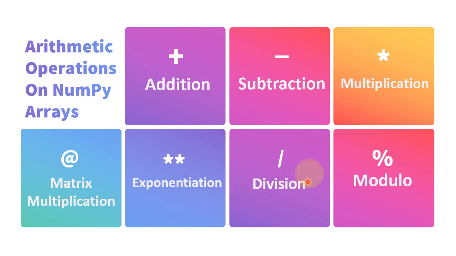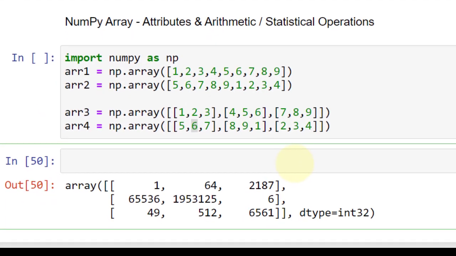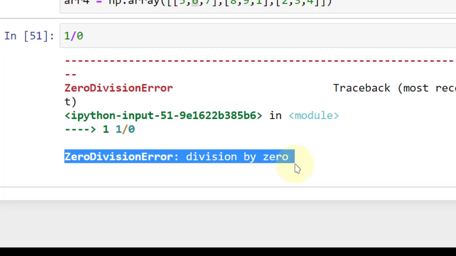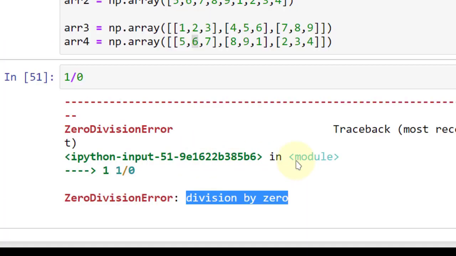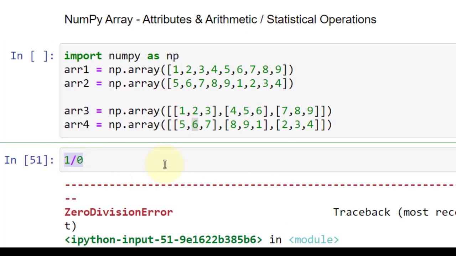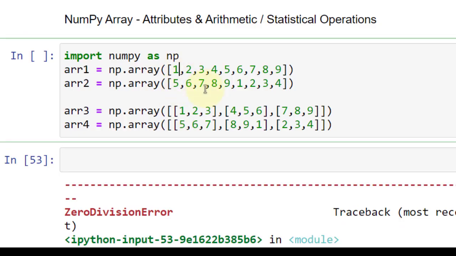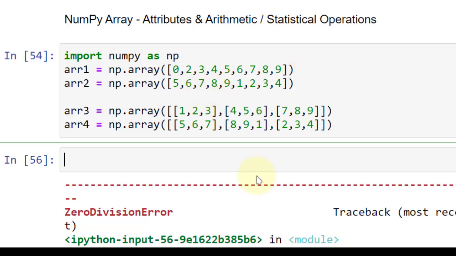But before we jump into this, I just wanted to explain one very important concept. If I run 1 divided by 0, in Python you will see a ZeroDivisionError. That means division by 0. And if I write 0 divided by 0, you still see the same error. So I just convert the first value of this to 0. And now if I write array 2 divided by array 1,